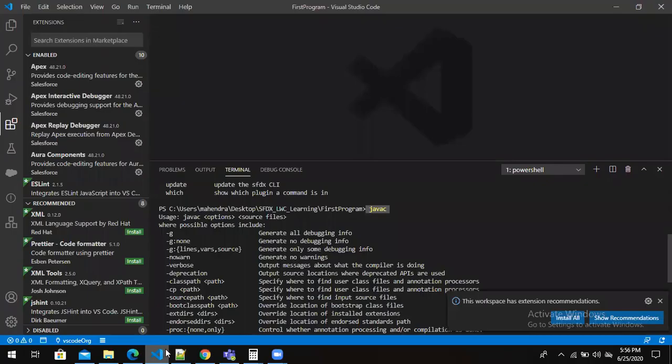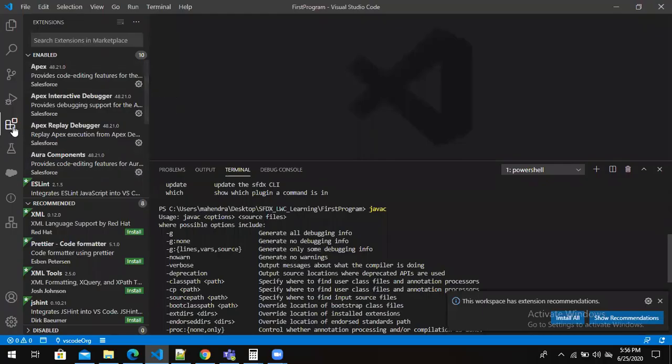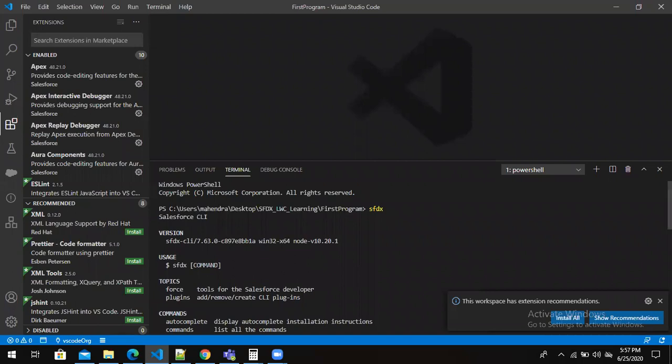Once Java is available, we have Visual Studio Code available. First step what we did is, we installed CLI. Installing CLI is again based on the operating system and the number of bits that you have. These are the different URLs that are available. Once the installation of CLI is completed, the second step I did was, in the Visual Studio Code, I added an extension called Salesforce Extension Pack. Once that is done,